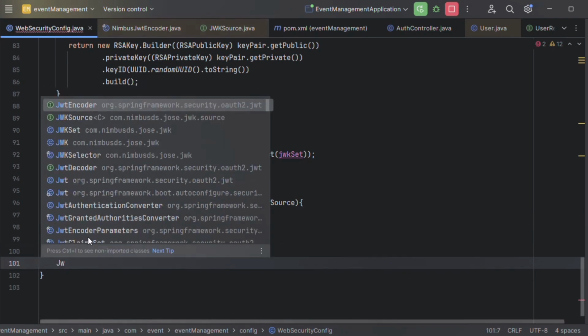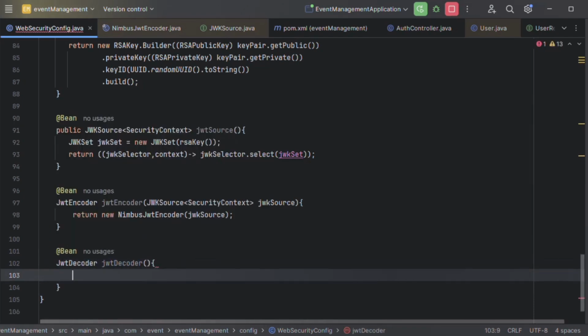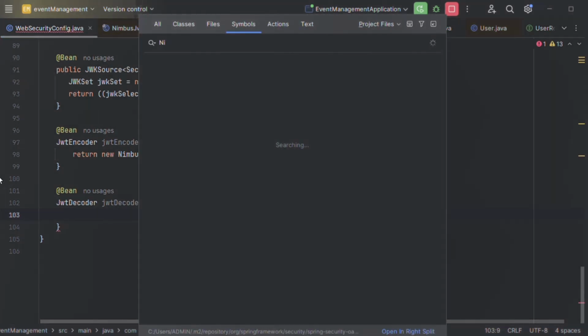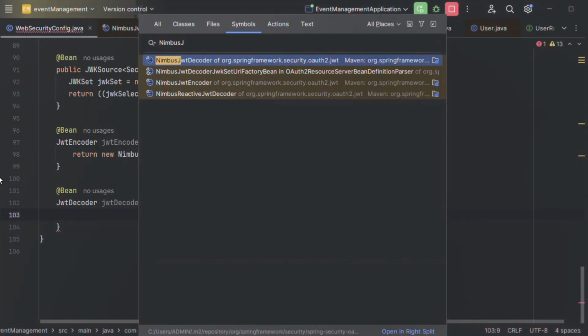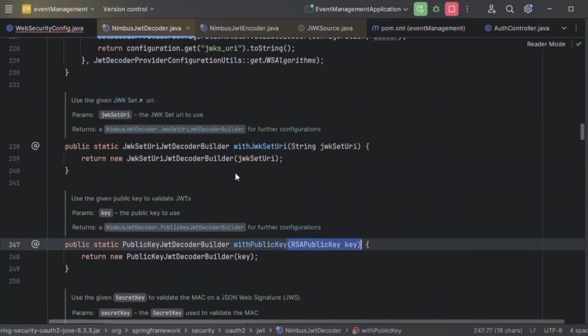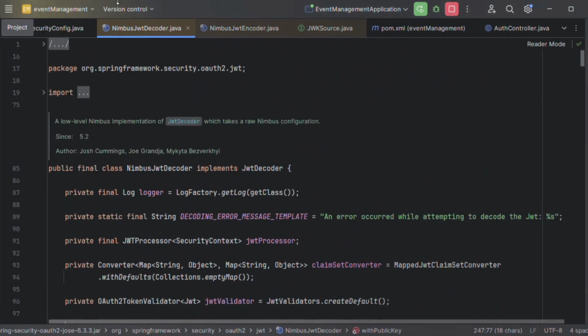Now next we will use the RSA public key for the decoder. So for the JWT decoder, we write a function. We have the class for that. Let's search for the class Nimbus JWT decoder. Here we can see this is the class which implements the JWT decoder interface.